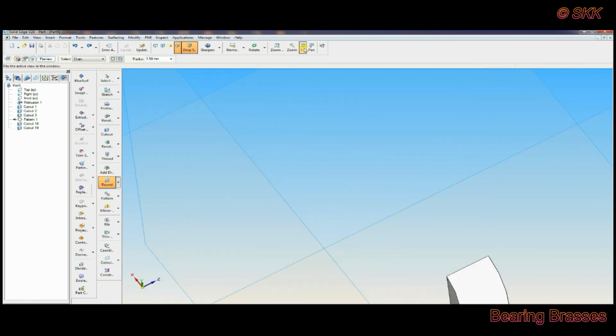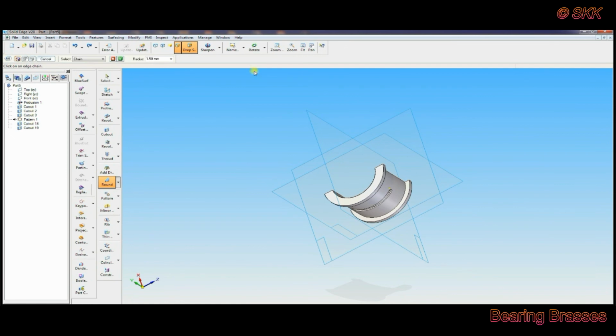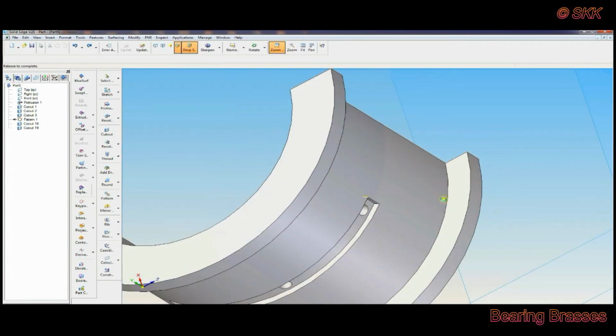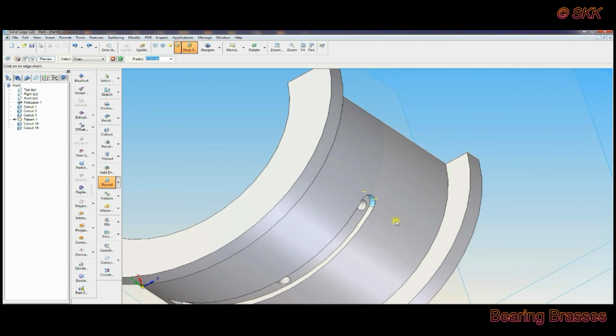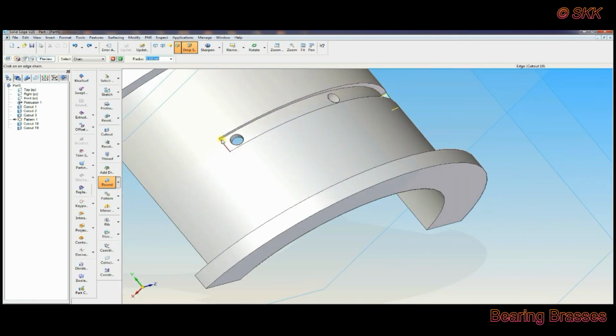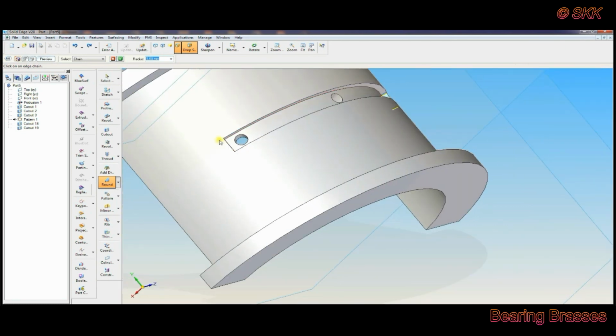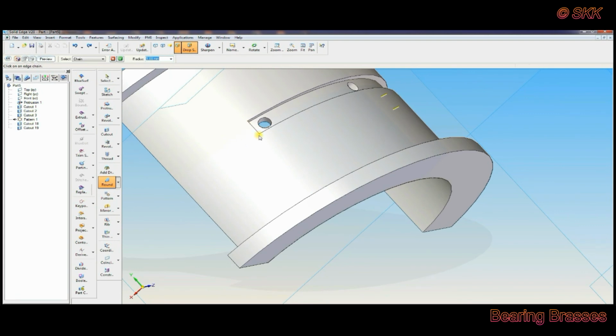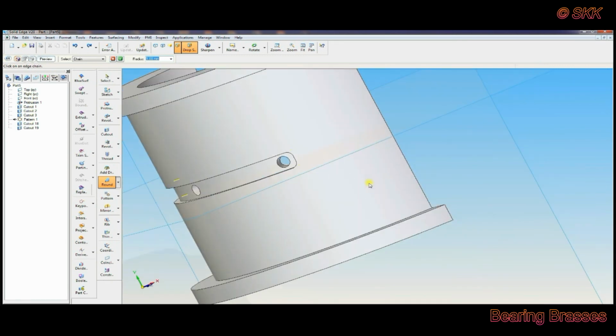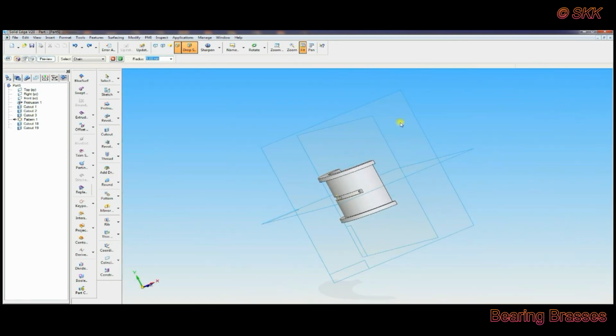Similarly, all sides you have to give. All means 4 sides. One side is over, remaining 3 sides. That one also 3. Like this circle, the fillet you have to give.